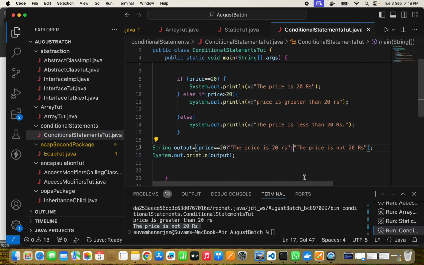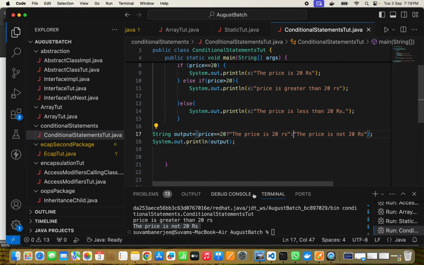Understood, right? Okay. Next thing, the conditions can also be defined using